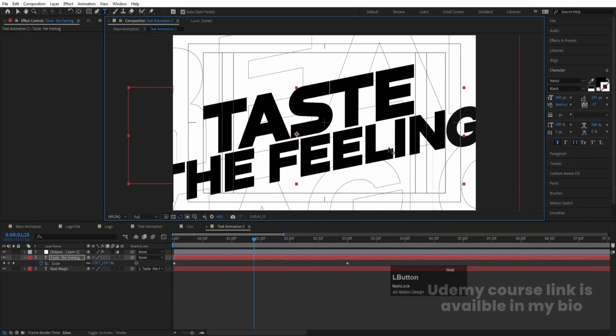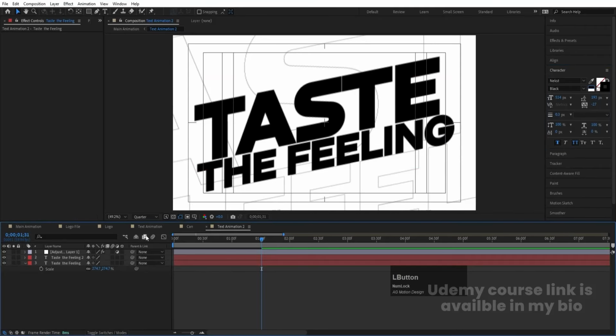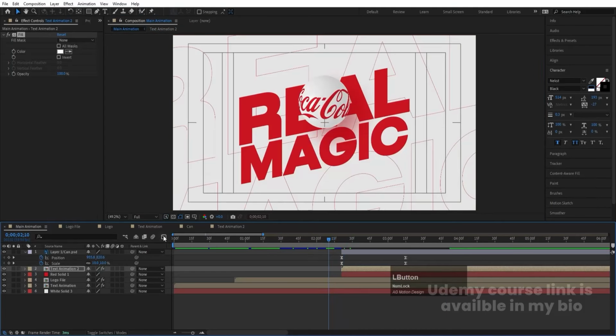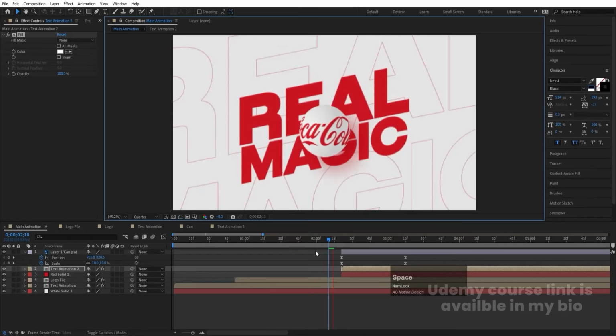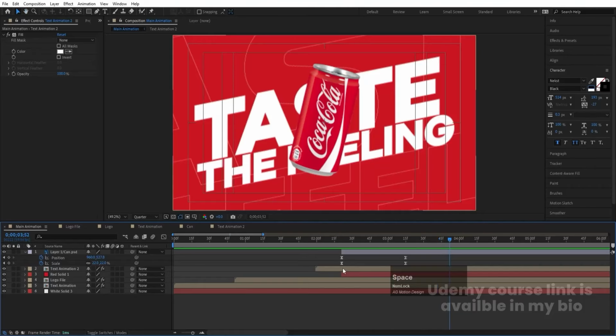Select this text layer, hit Ctrl D to duplicate. Select this, press S, and let's increase the size of this text. Go to the Character menu, let's select this and let's delete this stroke, and I'm going to choose 0.3. Okay, and let's make this full resolution and let's make this animation like this. So if you see this in quad resolution, we will get something like this, and this animation should start somewhere around at this point. So I'll bring this over here like this, and along with that